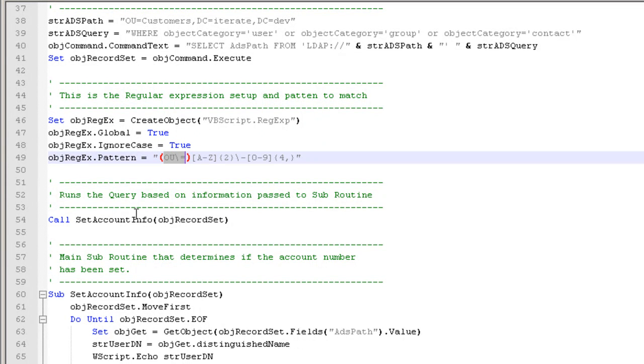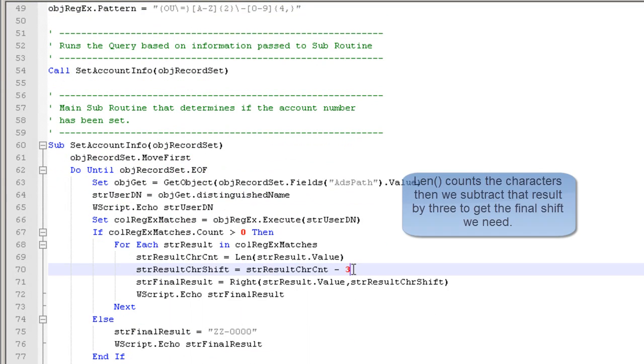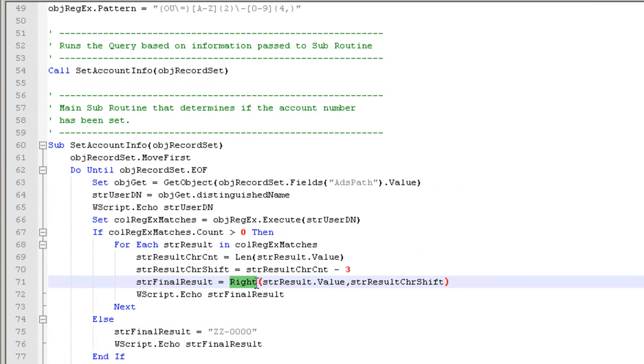So we want to trim that out, and essentially that's just 3 characters. So we're going to trim out 3 characters with this statement here, and then once we get the shift result, which is what I always call it, then we're going to apply this particular statement here, which is essentially saying take the right value of this result, and then this is the shift that we're doing over to the right,